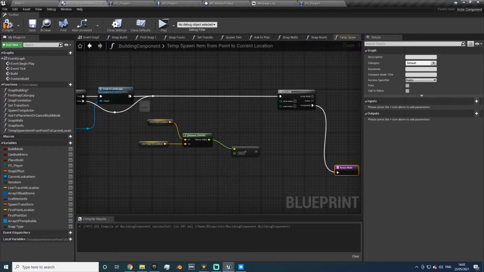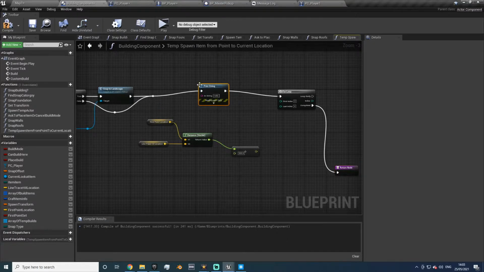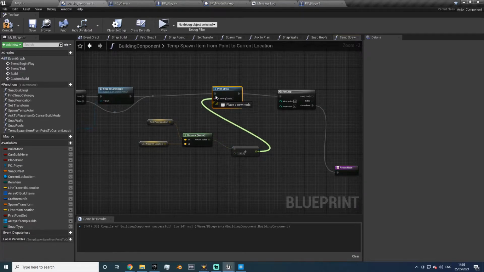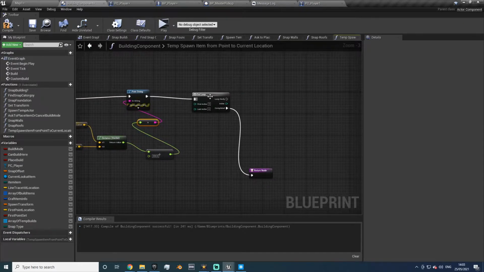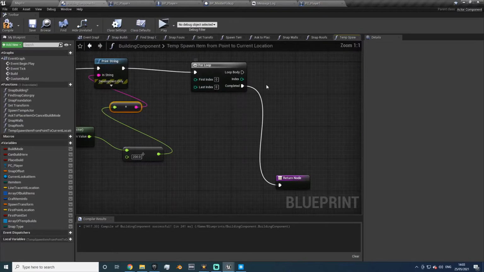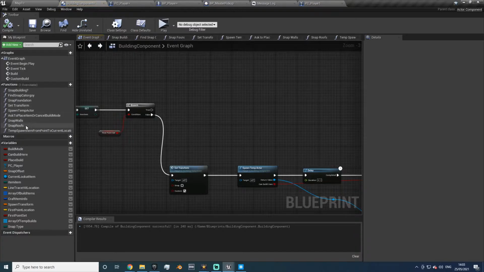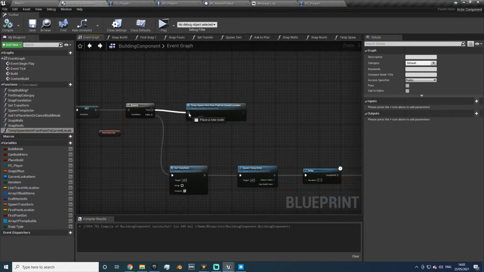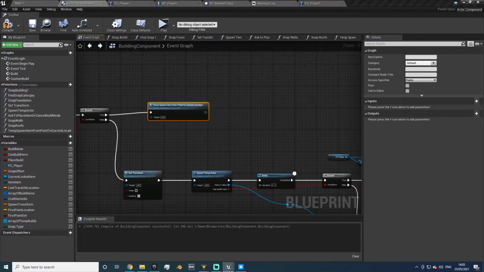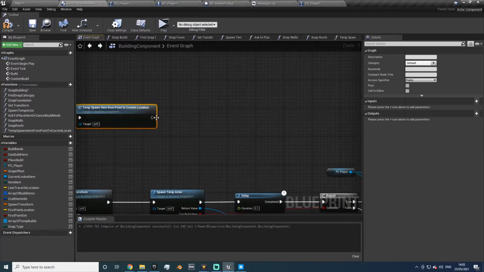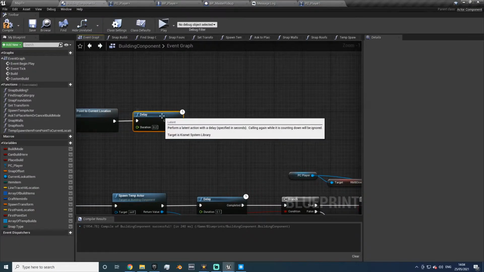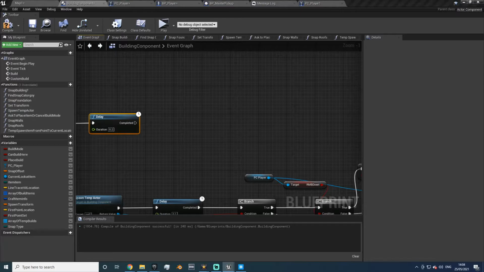Well, let's print this out. So we'll come off of here, print string. And we'll print this number out. Loop body, I don't think you need to actually do anything. You can just return here, and then we'll pump this in so we can break this down and you can understand it, because there's no point just copying. You need to understand so you can program yourself. It's learning. So let's get a delay and then do the usual, which is